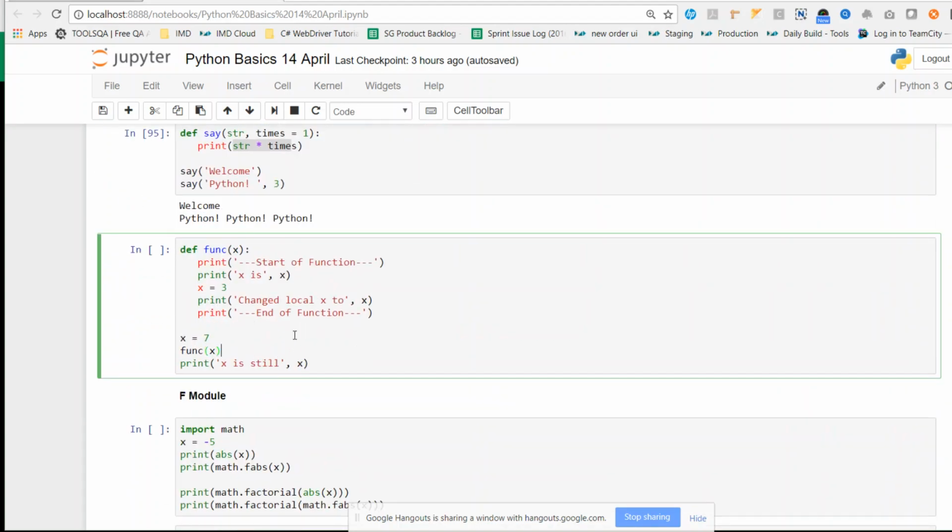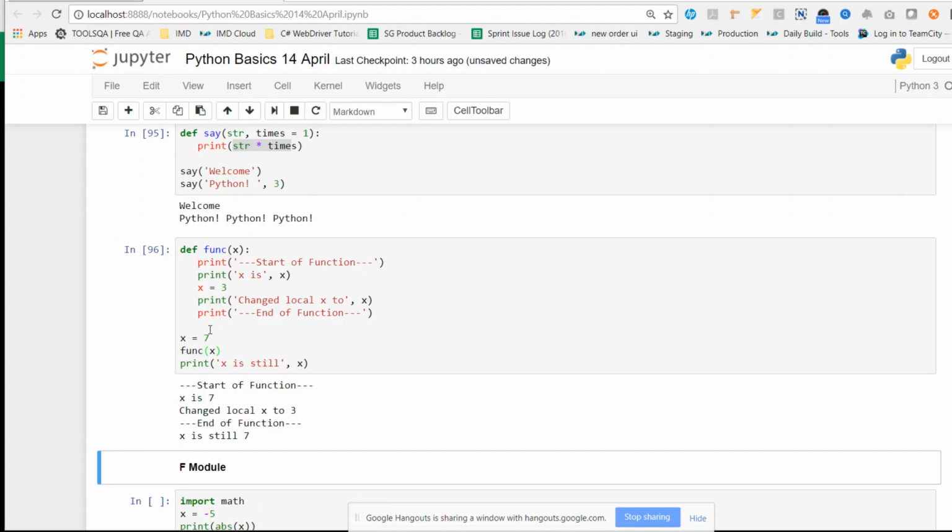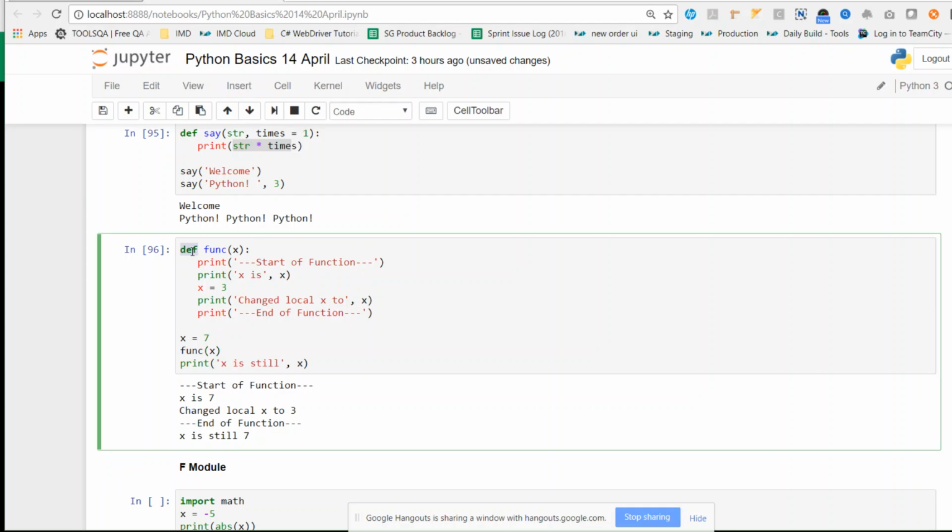Okay, going to the next example of function. Okay, so DEF is to define a function. The name of the function we have kept as func. The argument that we are passing is x.